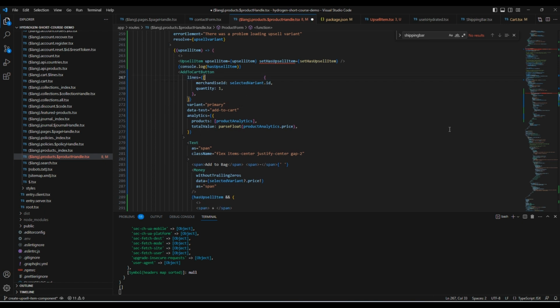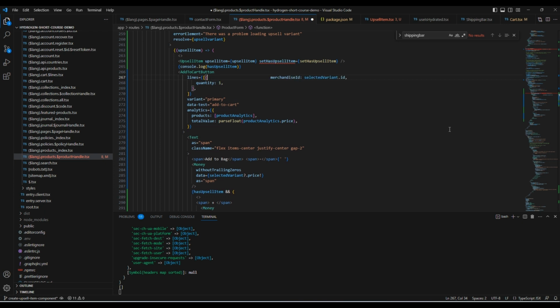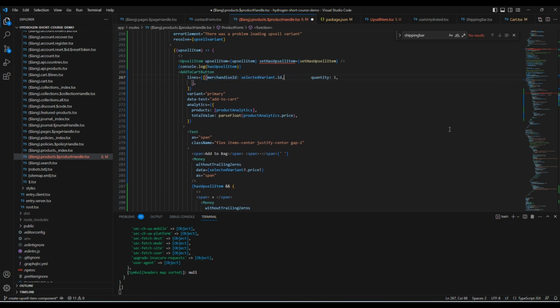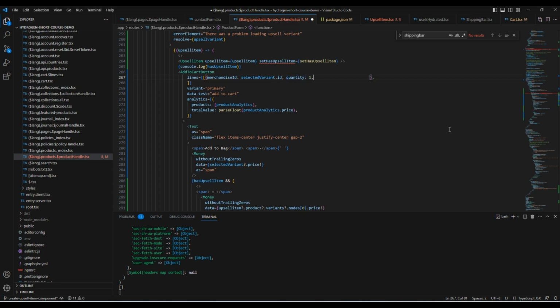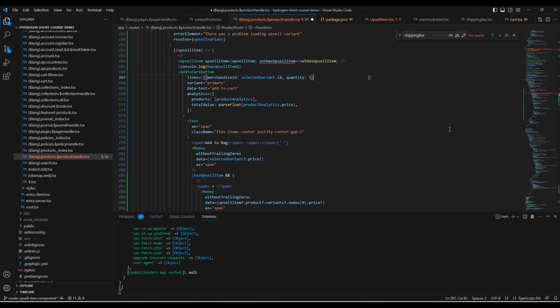We're gonna align this in one line so we can easily understand how this really works. Like that, and then like this. There's a comma, and here. Okay, now my condition is that if there is an upsell, then there will be 2 items added to cart. So what we have to do is add this use state again,